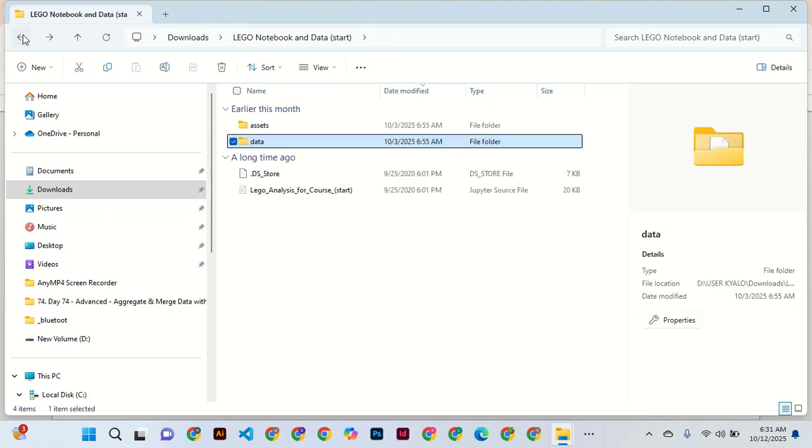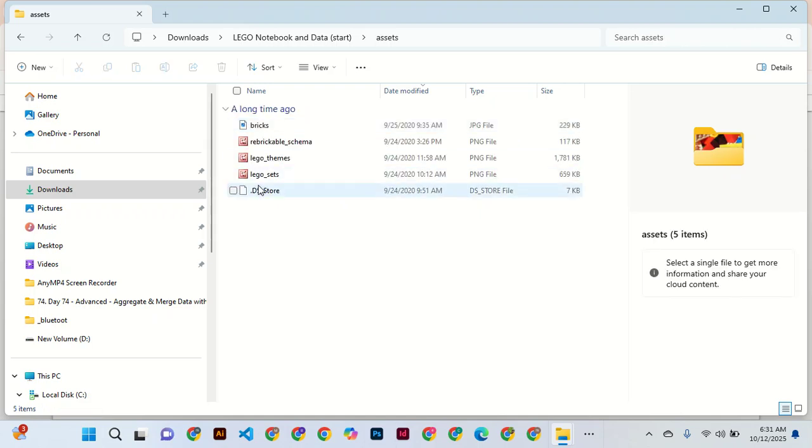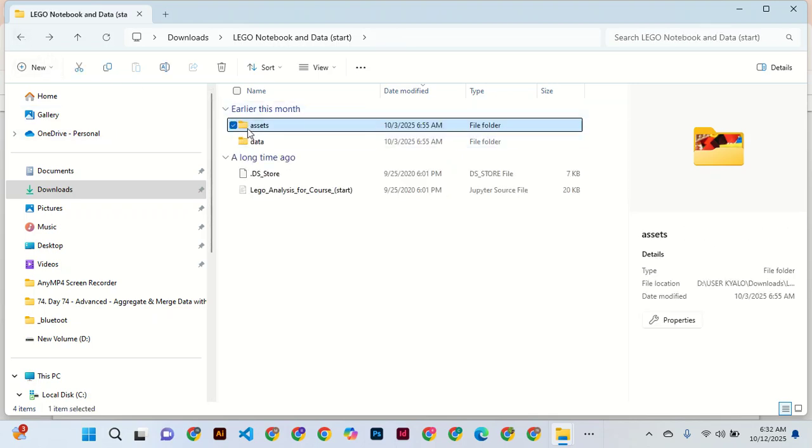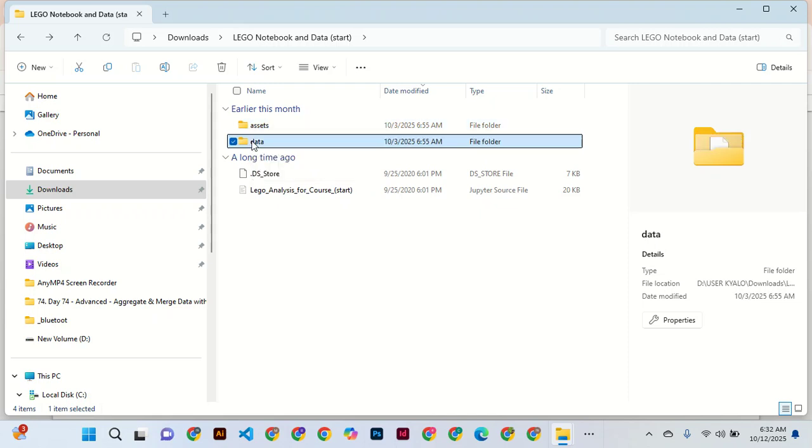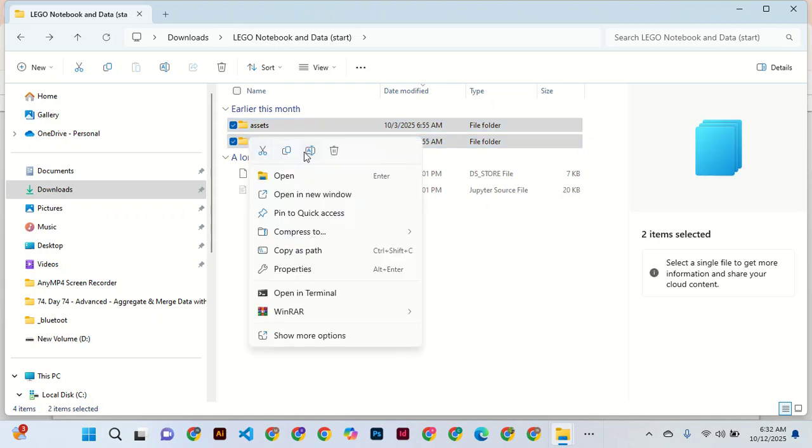But you can also go back and open asset. You also see these. So the store, just forget about this for the Mac. Now we have those. So these are the things that I copied, and when I copied them, I just copied like this, and then copy. You can use this one. Control C,